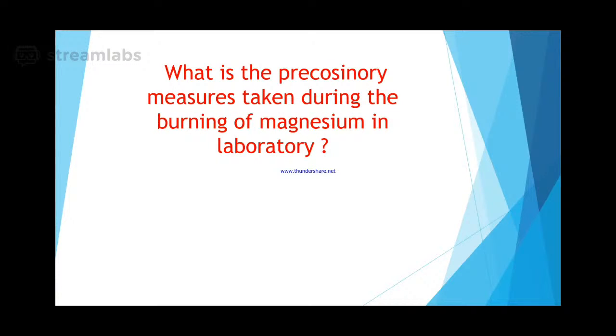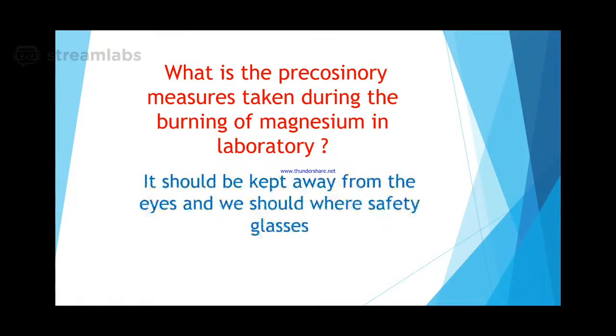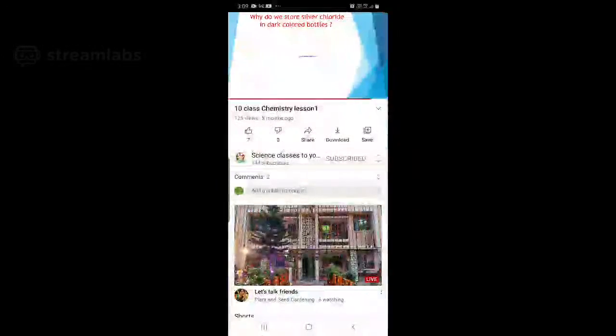What is the precautionary measure to be taken during the burning of magnesium in the laboratory? When we burn magnesium, it burns with a bright light which may affect the eyes. So we should use safety glasses in order to protect our eyes. We store silver chloride in dark colored bottles. So because